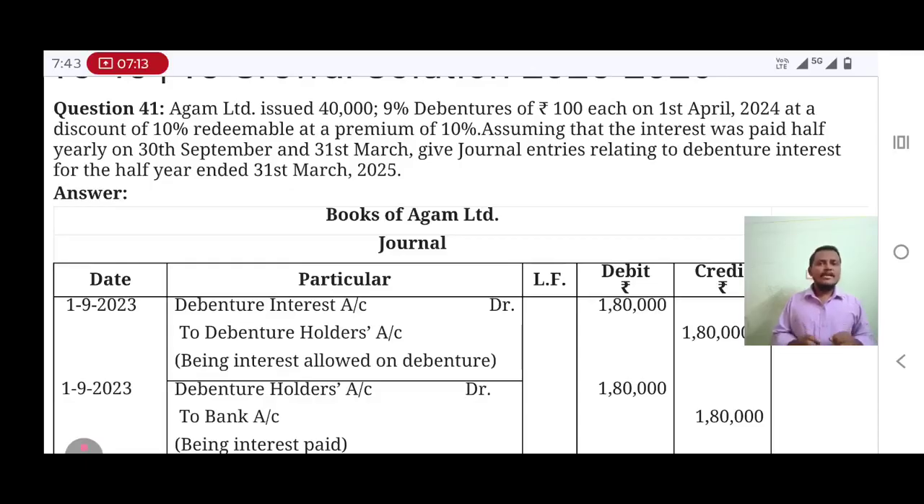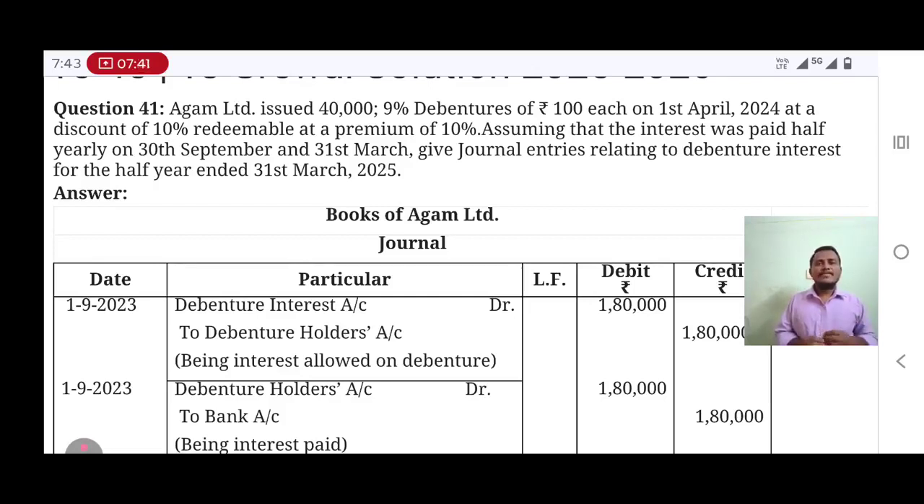3,60,000 divided by 2 will give me 1,80,000. So 1,80,000 for each 6 months. If you take a year, there are only 6 months, first 6, last 6. So the first 6 months will give me 1,80,000. Last 6 months will give me 1,80,000. That's what they are telling. Assuming that the interest was paid half yearly on 30th September and 31st March, give journal entries relating to debenture